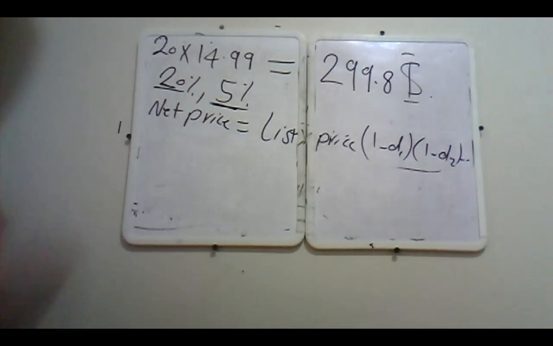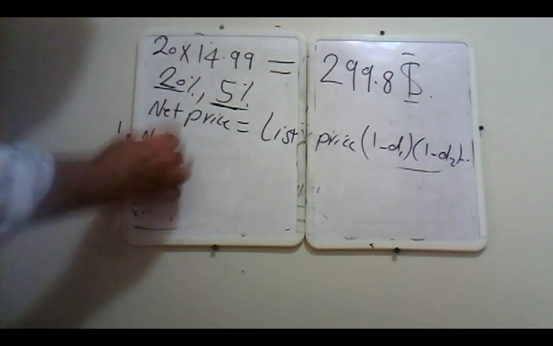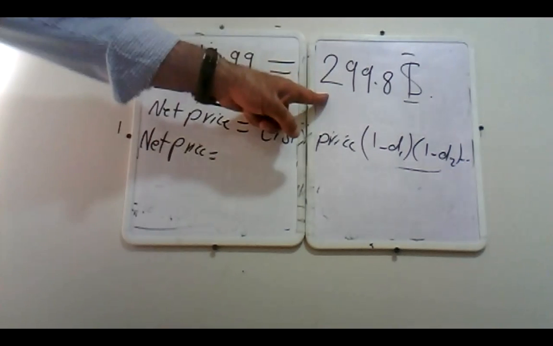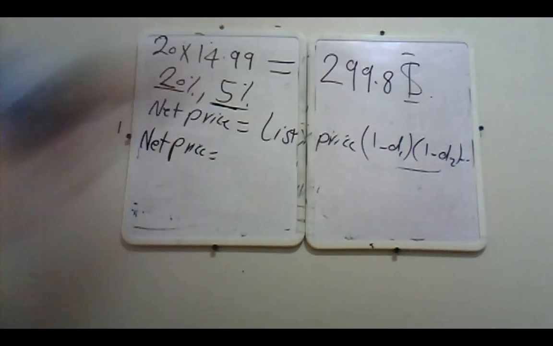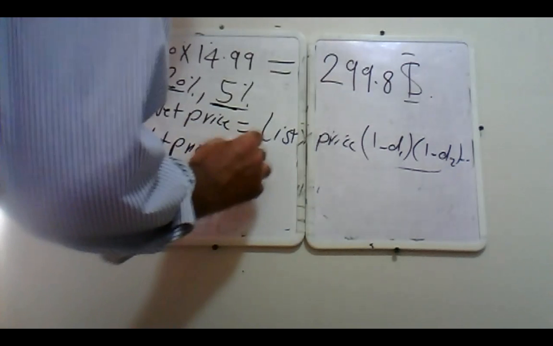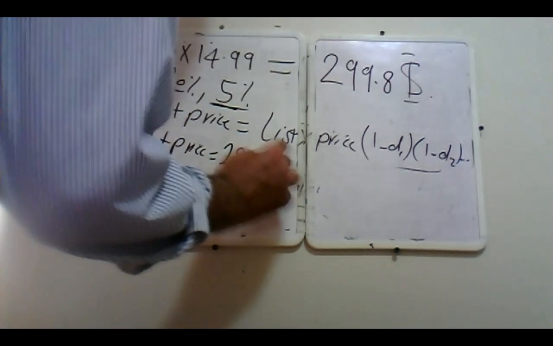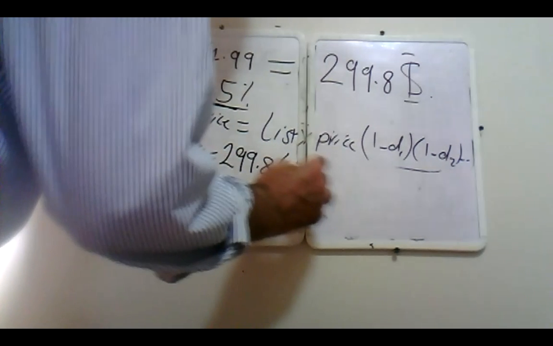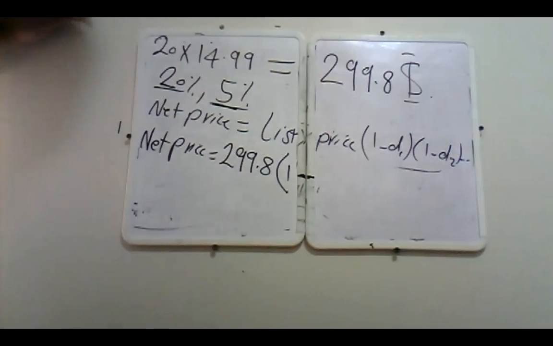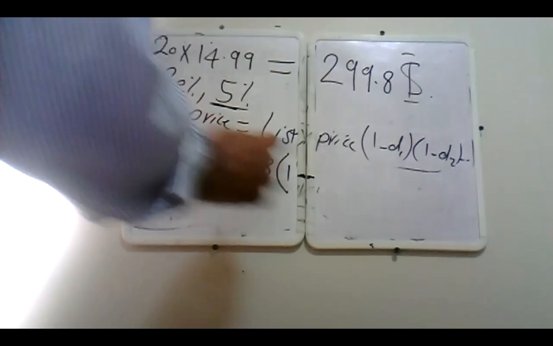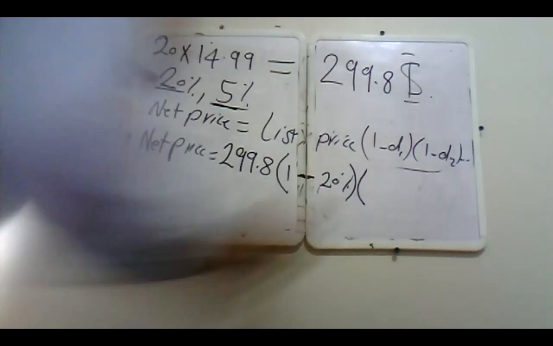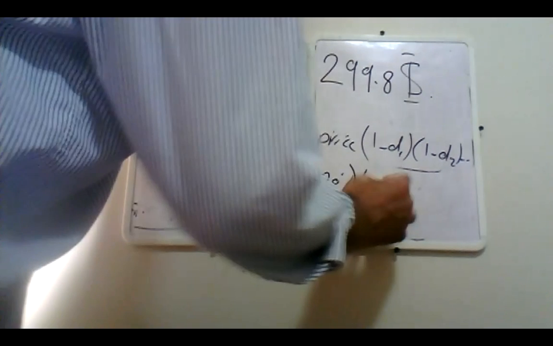Then net price equals, the list price is 299.8, multiplied by 1 minus D1, which is 20%, multiplied by 1 minus D2, which is 5%